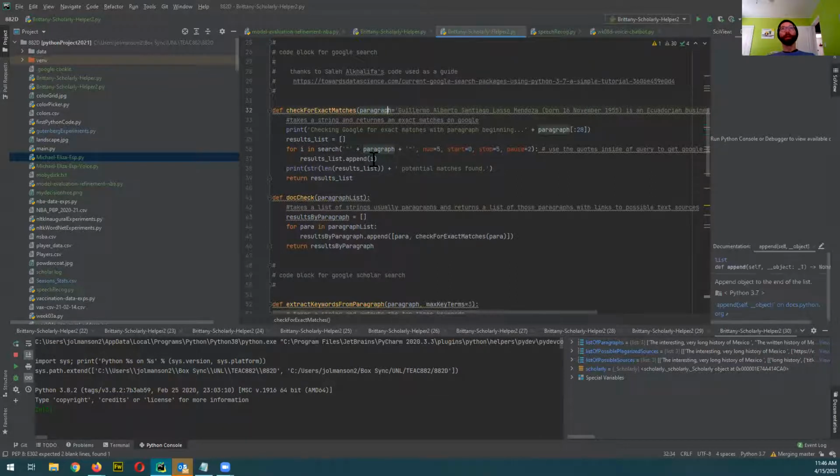And then, so this is bringing back, so the I represents what's returned based on this. And then it's appending it to the list, and then it's printing the results list. So the length of the list, potential matches found. So it could be up to 5 per paragraph. So then this results list is returned